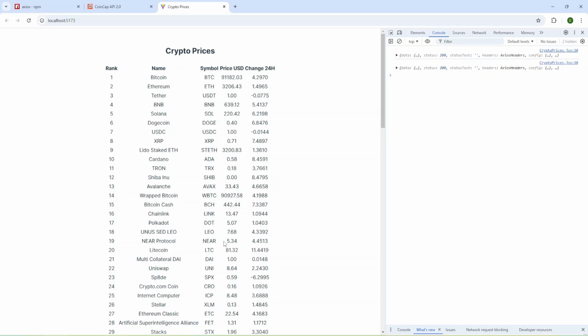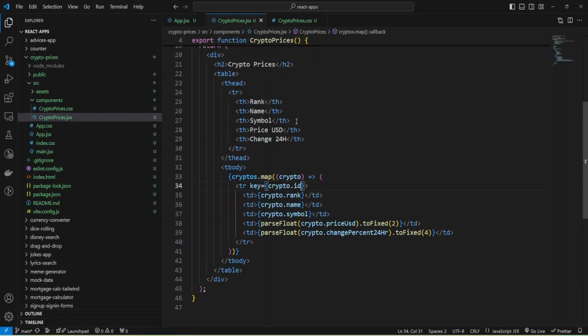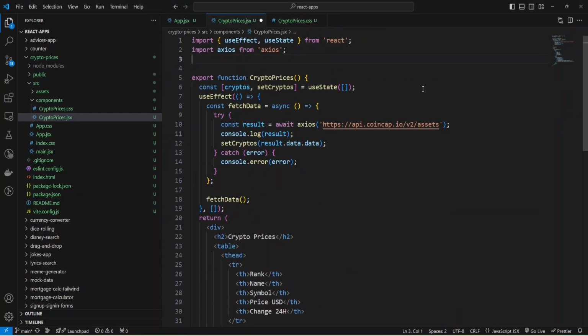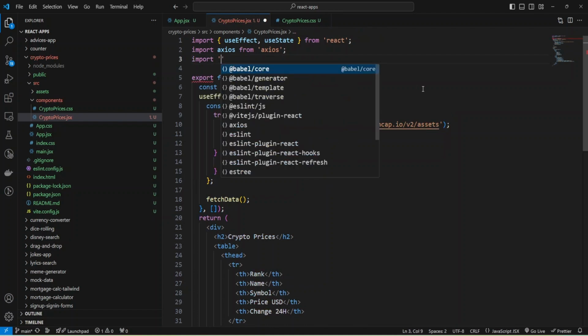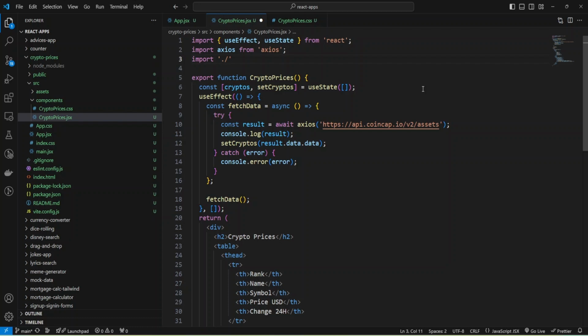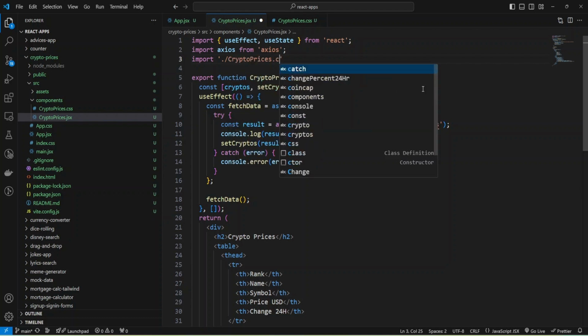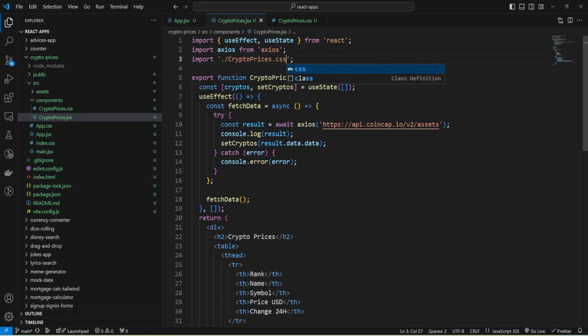Let's check. Okay, and we need to add our CSS file, import it in our component. So I'm going to import our crypto prices CSS. Let's check again.